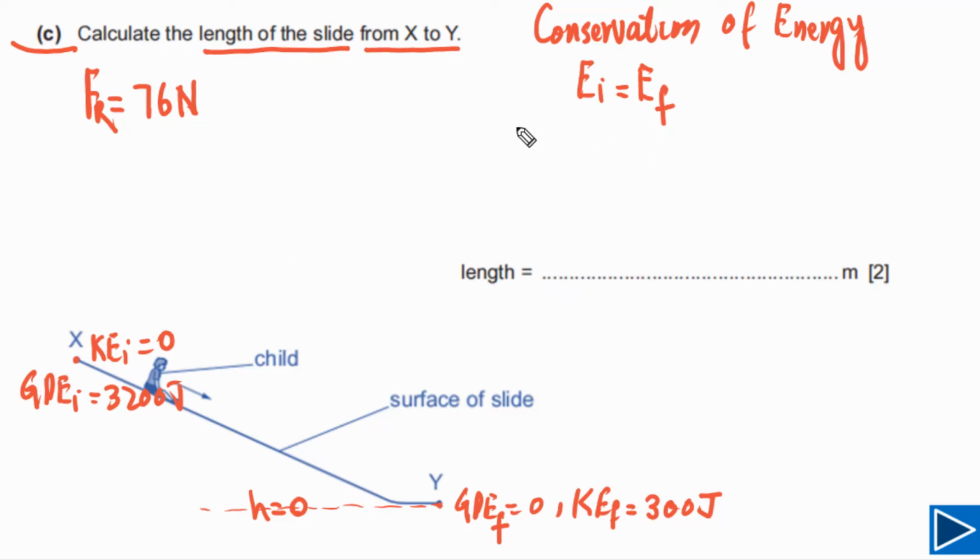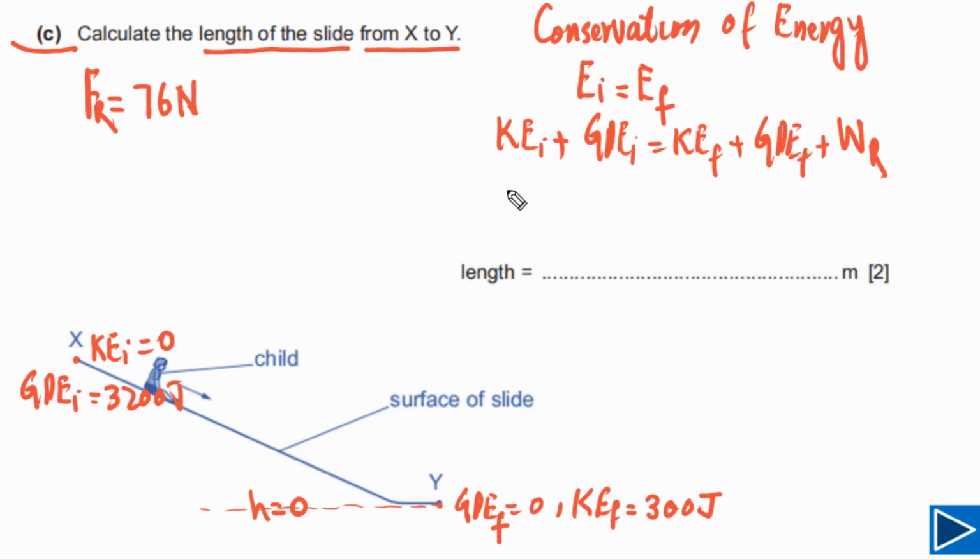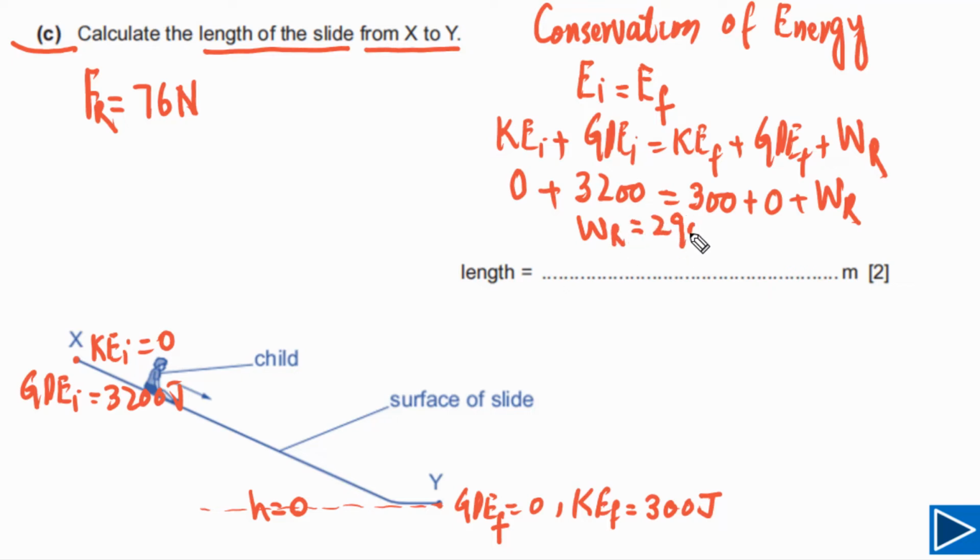At point X, kinetic energy initial plus GPE initial has to be equal to kinetic energy final plus GPE final plus work done by resistive forces. Kinetic energy initial is equal to 0 and GPE initial is equal to 3200. Kinetic energy final is equal to 300, but GPE final is 0. So from here we can find out work done by resistive forces, and that will be equal to 2900